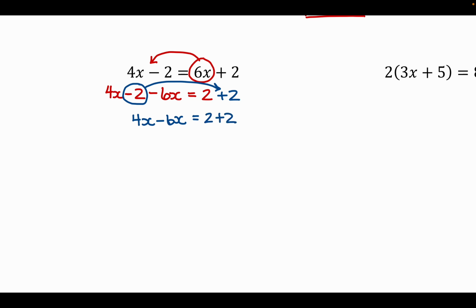And so now we can tidy this up a little bit. 4 x's take away 6 x's, so if you watch the last module with our integers, we have minus 2 x's, and 2 plus 2 is 4. And then we're going to deal with the minus 2x. So before we start moving things around, we have to think about what's happening. So right now, on the left side of the equal sign, I have x being multiplied by negative 2. So the negative sign goes with the 2,